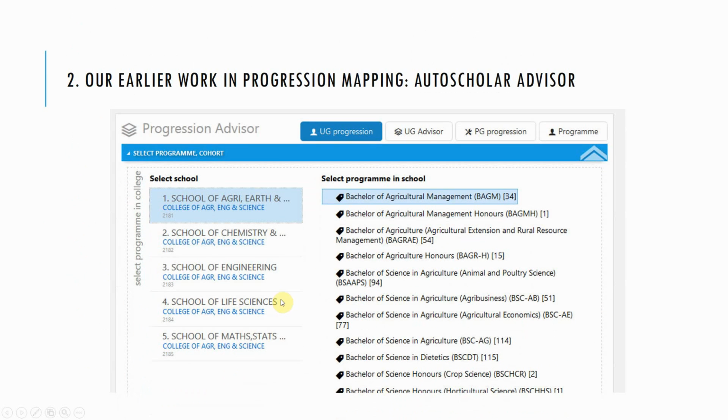So in this work, we are looking at data mining the student records to understand the types of curriculum that we have and how intercorrelated the courses in those curricula are. And this is a screenshot from the system that we're using, which is called the Autoscholar Advisor. So the system hooks directly into the university's database, and when you select a faculty or a school, it brings up the list of academic programs in that faculty. So if we look into the chemical engineering